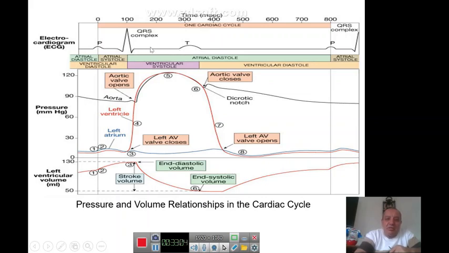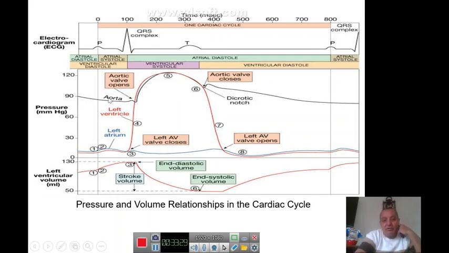This part we call the ST segment, and it is very important because it should be isoelectric. If it is up or down, then we have a problem in the heart. We'll talk about it later on in the ECG. And this is the changes in the pressure inside the different chambers of the heart.